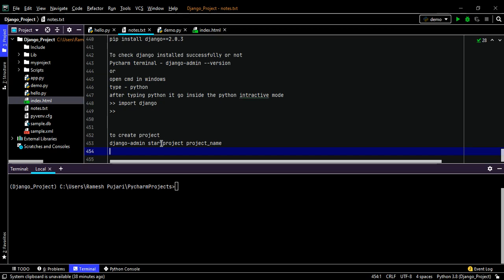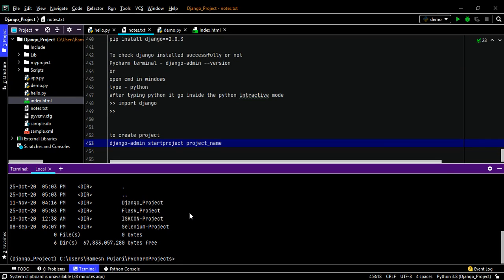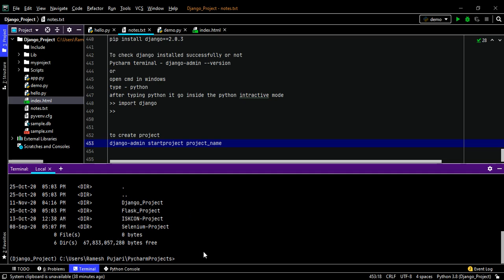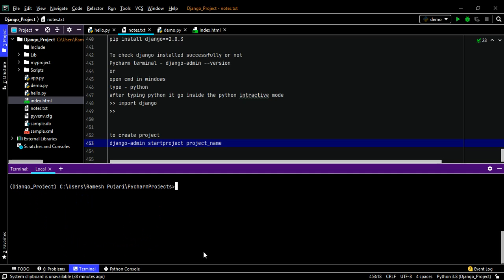Now I will demonstrate with one example. I will create the project, show how to work with the project, and run the command. So now I will create my Django project first. Okay, now I will create my project.